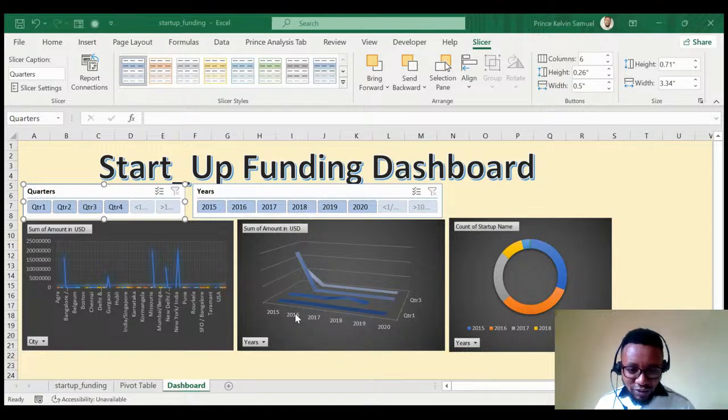when you're doing yours, please use your preferred color. It's not a must that you use a black background. Use your preferred color and do the charts based on how you think it's going to be more visible for you to see. So with this, I think I would bring this to